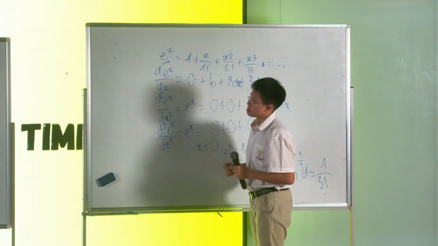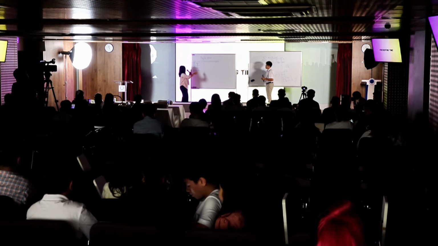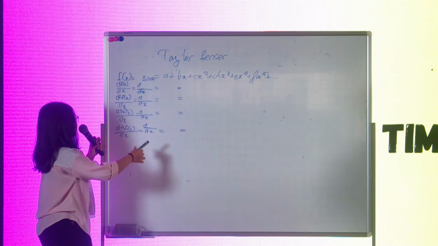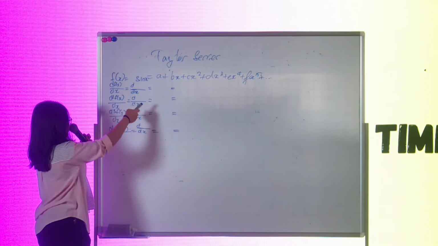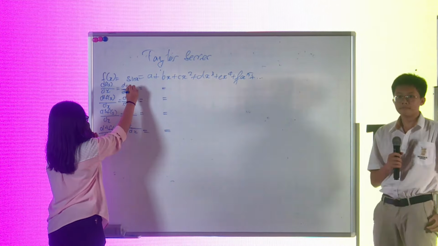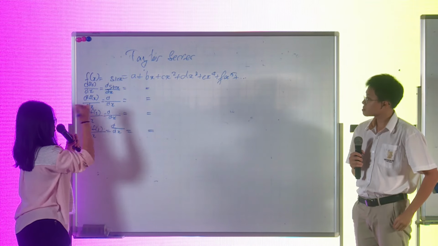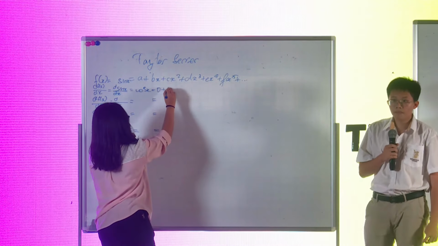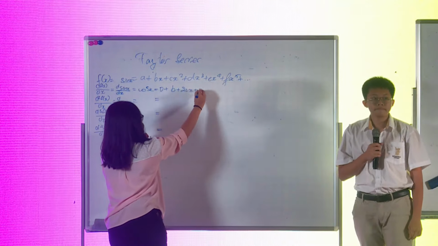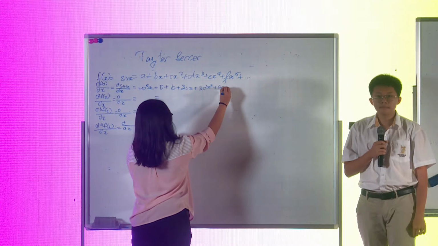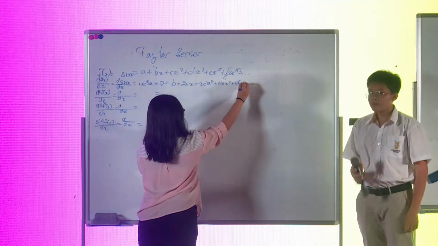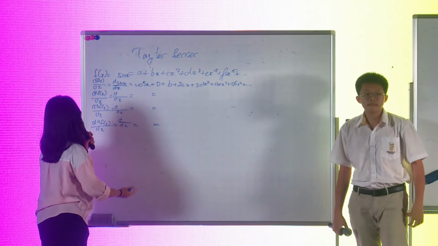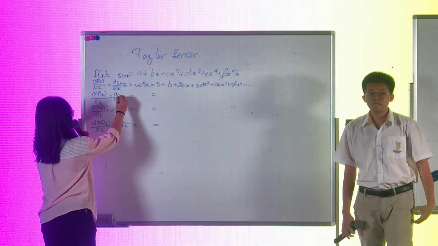So now we will want to find the coefficients in sine of x and find the pattern to the coefficients so that we can continue the process. So first we will find the differentiation of f of x, which is equal to sine of x, which will be equal to cosine of x. So then we will get 0 plus b plus 2cx plus 3dx squared plus 4ex cubed plus 5fx to the power of 4. And then we will differentiate it one more time to get the differentiation of cosine of x,